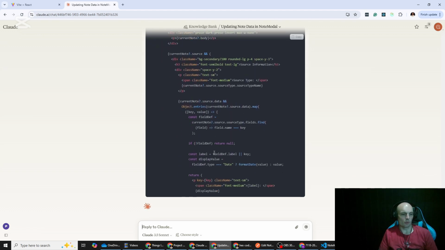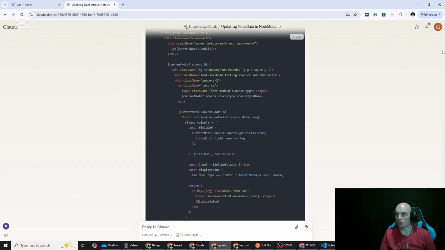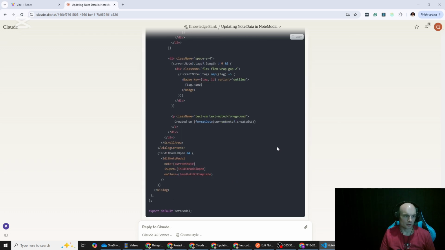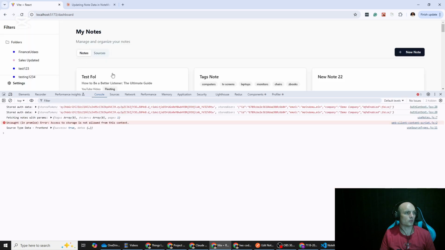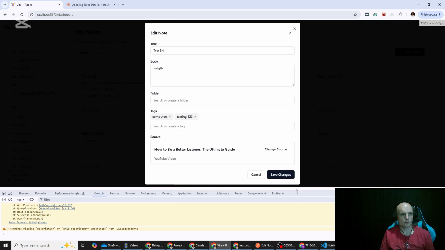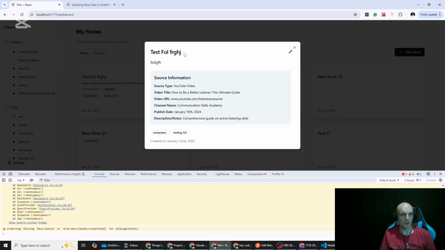Oh my god, honestly. This is one of the frustrations of working with AI. It's a simple fix, but I think it's worked itself into a confused state. Okay. Edit. Save. Okay, updated, but now the edit note modal doesn't automatically close. So we've changed something in edit note modal as well. Great, it works, but now